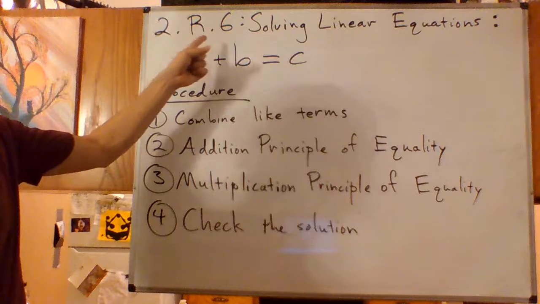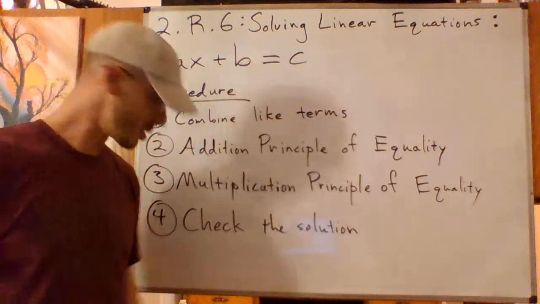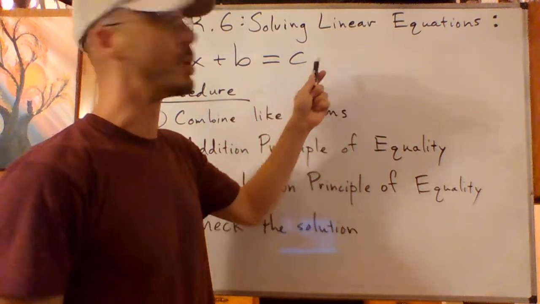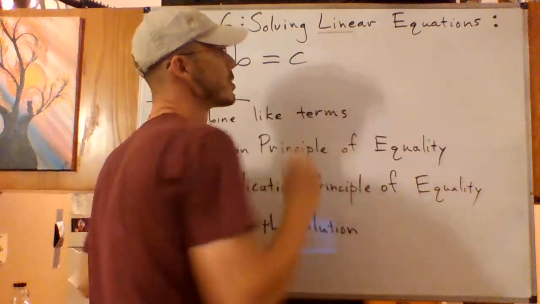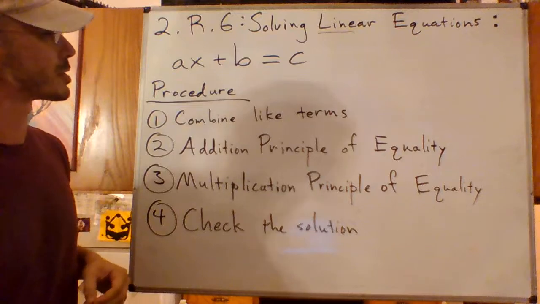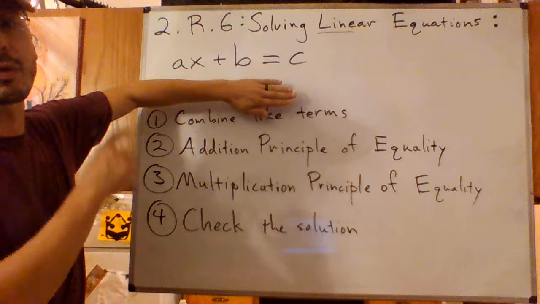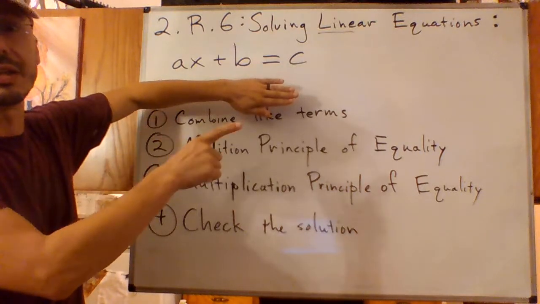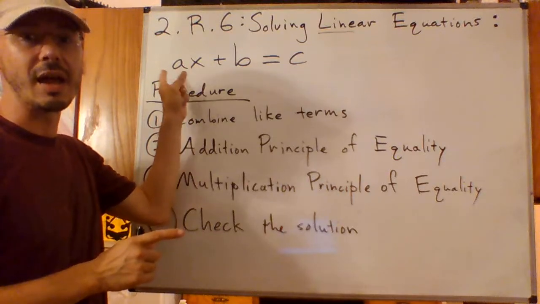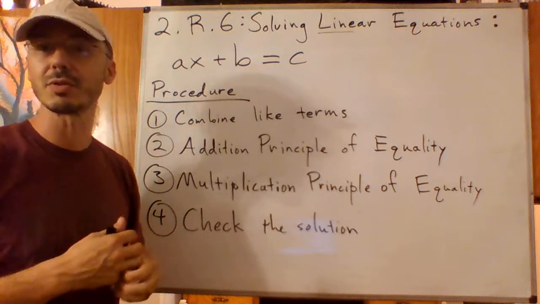In this section, 2.R.6, we're going to learn about solving linear equations. You probably know what an equation looks like. It's got an equal sign. But linear has that root line, and we're going to see why it's called linear a little later on in the semester. But in particular, in this section, we're looking at equations of the form ax plus b equals c, where x is a variable, and the a, b, and c are all going to be specific numbers, integers, fractions,